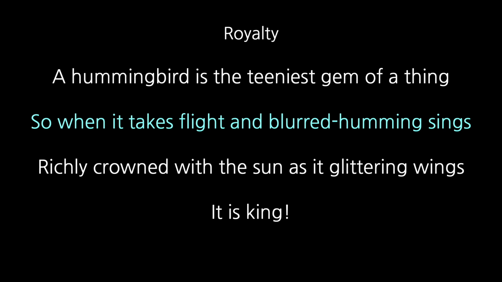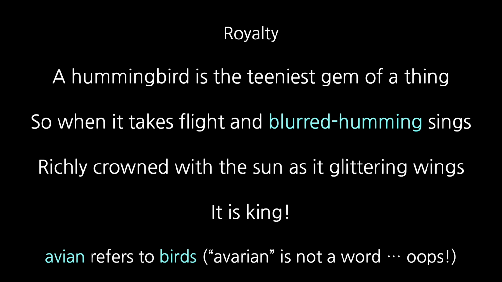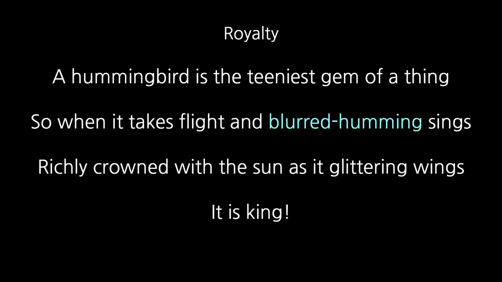Right? So blurred humming. Blurred humming refers to the fact that when the hummingbird beats its wings, they beat super fast. I think, as far as I know, probably the fastest flitting of wings on the planet known to the avian species, right? Avian meaning birds. So blurred humming refers to the speed at which the hummingbird beats its wings, which is, as far as I